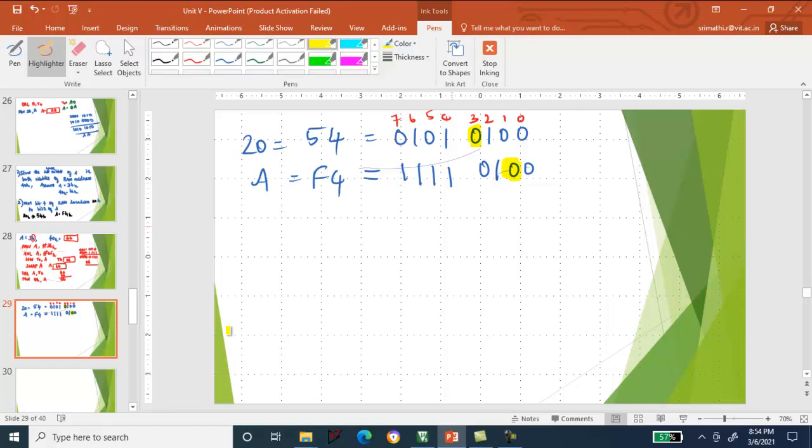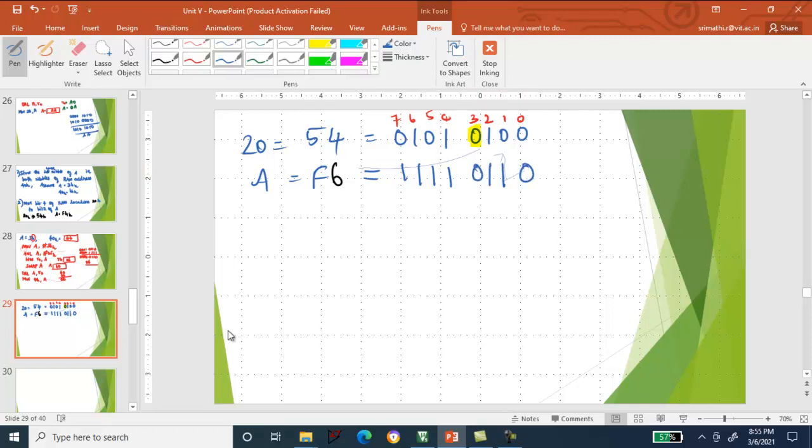If I take F4, that won't show here. So instead, in the accumulator let me take the data 6.